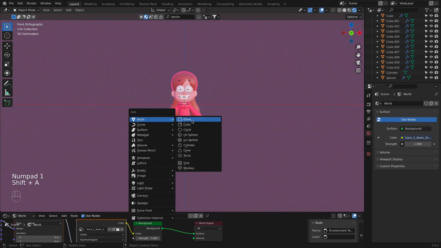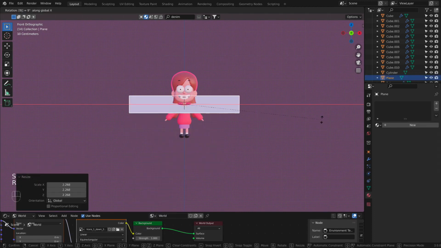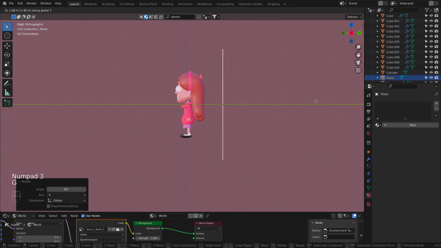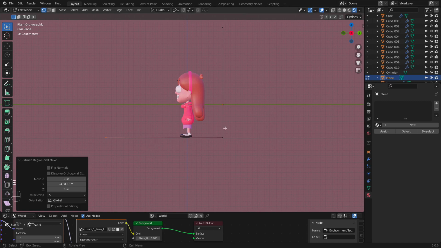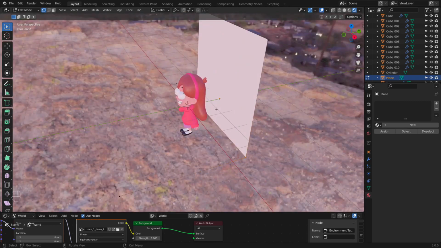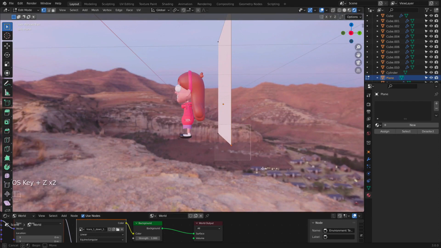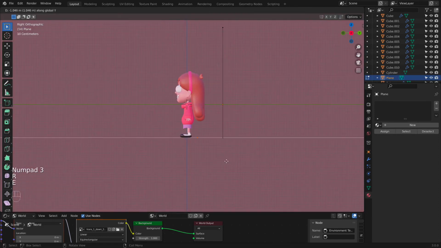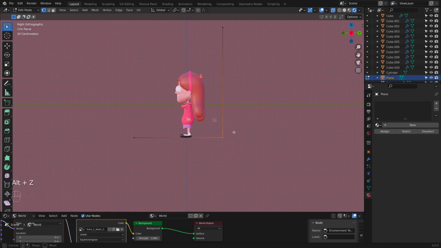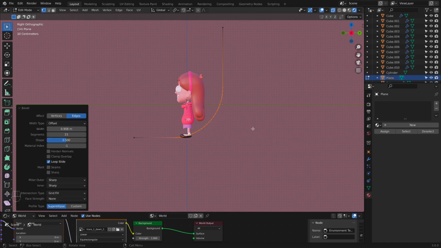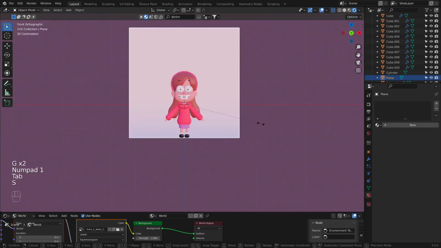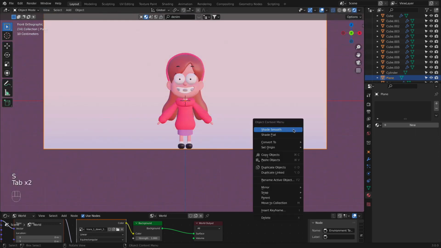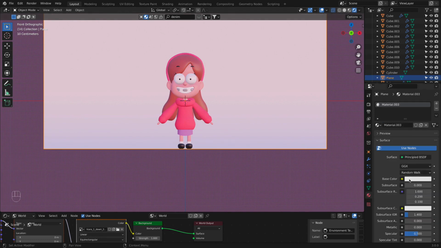Also, what you can do, you can add a plane, rotate it in x-axis by 90 degrees and create a little fall down. So I'm going to do that real quick. I'm going to extrude this part and these vertices here. I'm going to select, extrude them in y-axis, select these vertices in X-ray mode, then press Ctrl B to bevel the fall down. Select it and move it in y-axis. Once we are done, let's scale it in Y, shade smooth it, and add an interesting